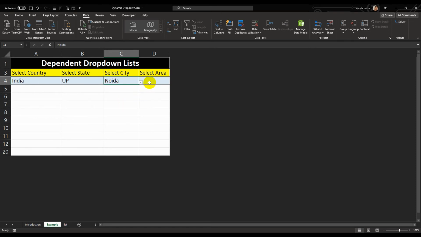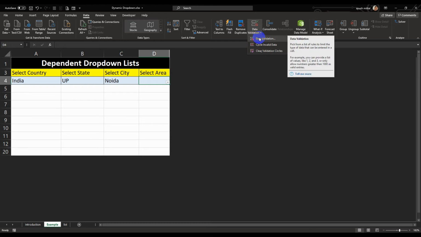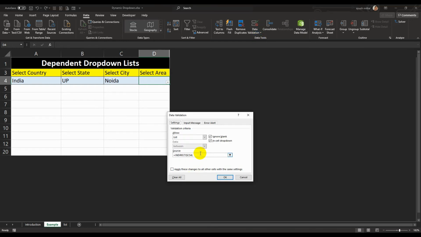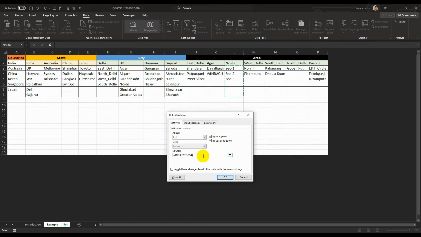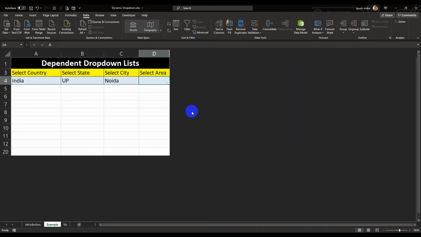We selected Noida. Again, my subcategory is now area. Area is under city. So what should it show? All the areas under the Noida city. So again, for creating a drop down, simple data validation. Now it's giving me the reference of its main category, which is the city. City is Noida. Let's see how many areas there are. Here is the list of areas which come under the Noida region. So we'll click OK and select this.